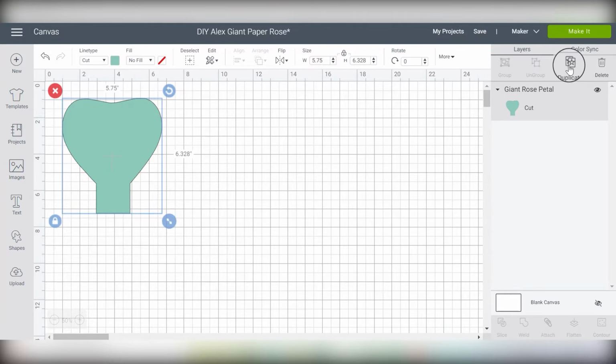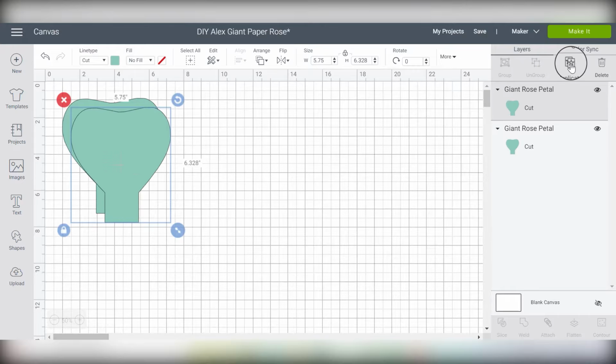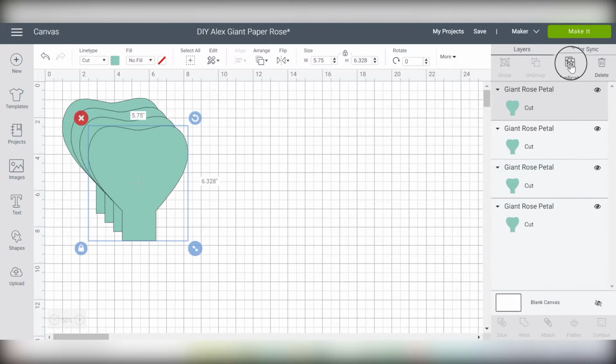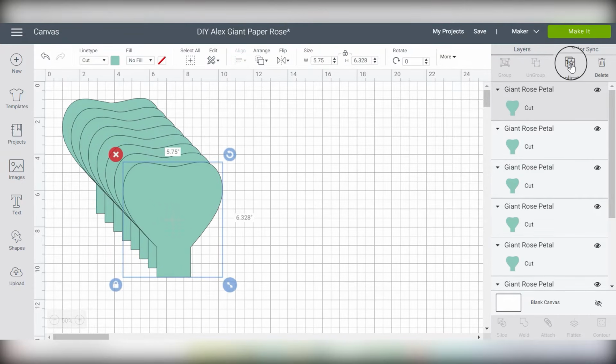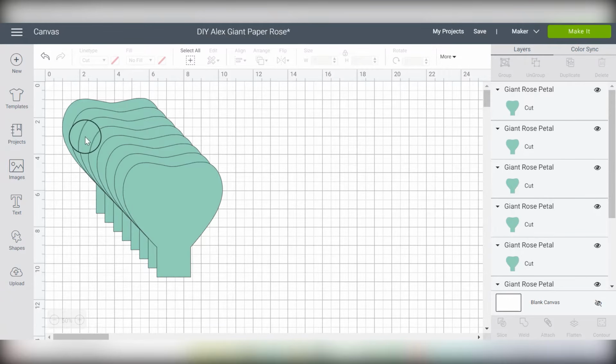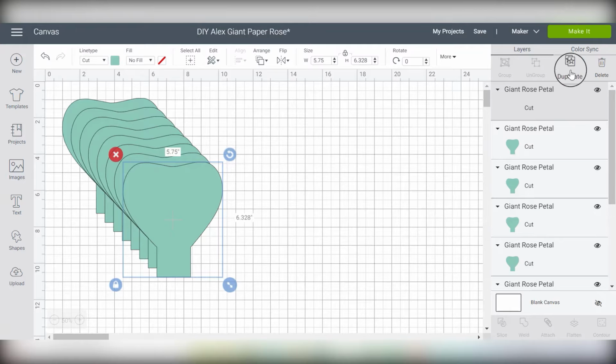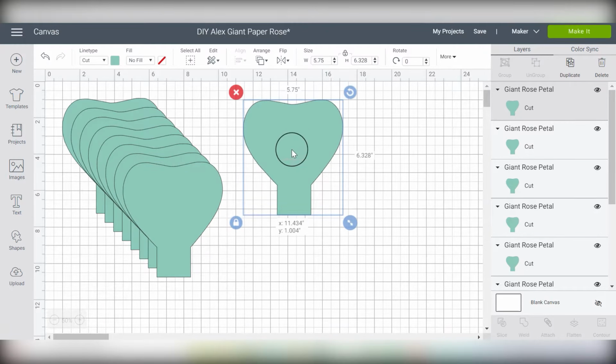So you'll just use the duplicate function on the right hand side and just press duplicate and count as you go. So we'll make sure that's 8, 1, 2, 3, 4, 5, 6, 7, 8. Okay, so then we're going to duplicate it one more time,